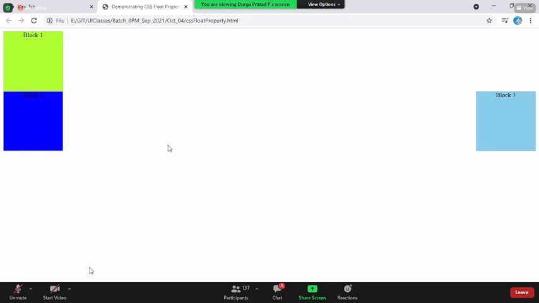And they are changing their default rendering direction. Default rendering is top to bottom, but they have changed it using the float property. So when continuous elements are changing the direction, they will fall under the same line. Right now, it is not going to check whether it is block level or inline. As they are continuous elements, changing the floating direction, they have to fall under the same line, as simple as it is.